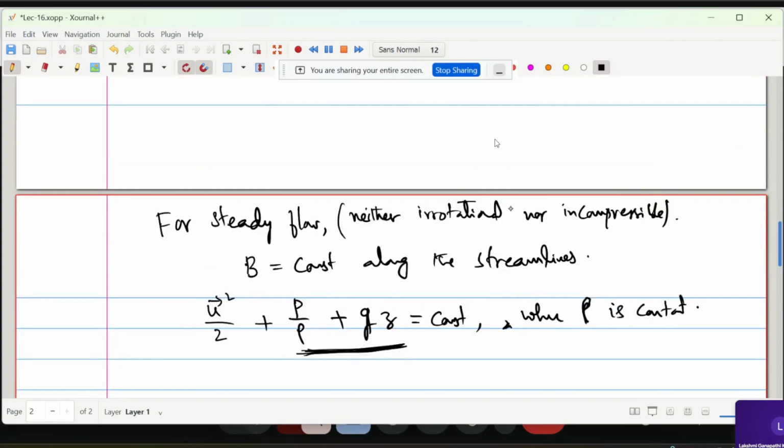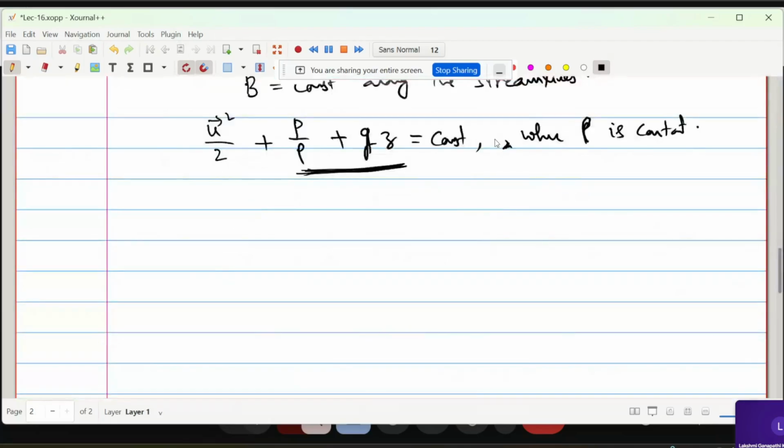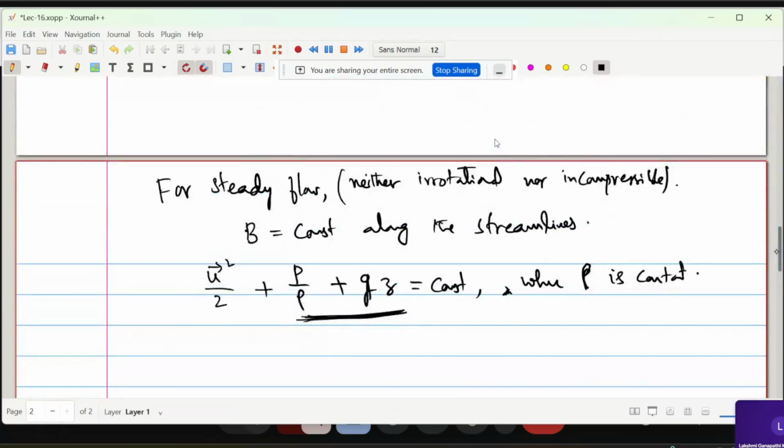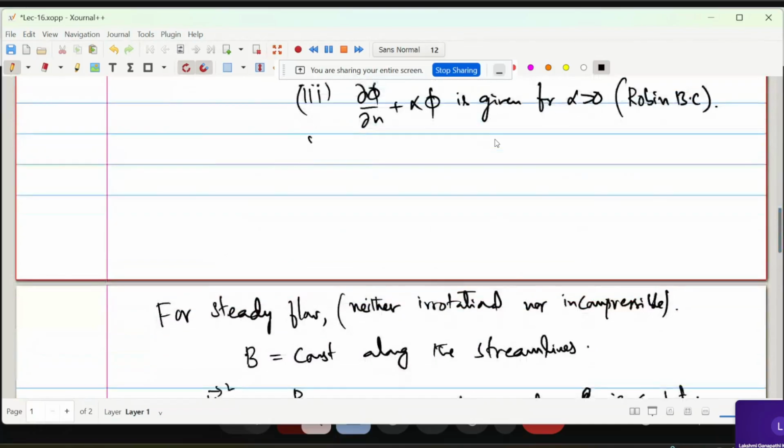Okay, so basically you only used incompressible, right? But still, did you use incompressibility there in the derivation of steady flows? Yes. Did we use del dot u equal to 0? I think we used it, no? We have not, right? The derivation of that,